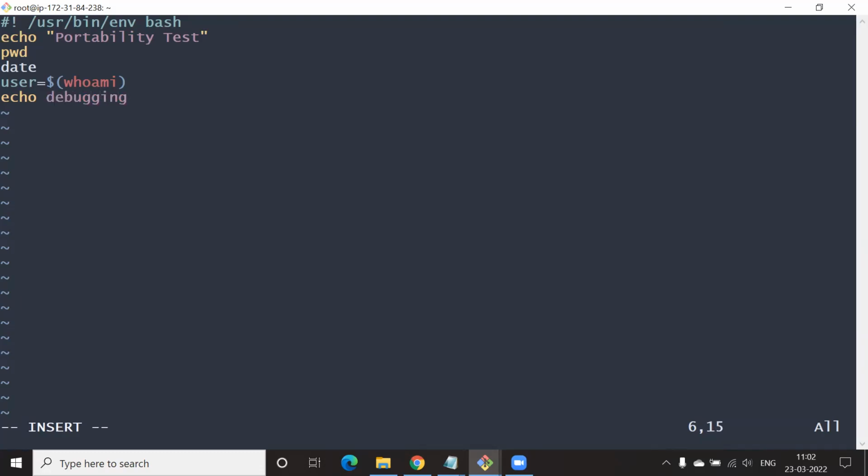And in the next line, echo, the user is dollar user.